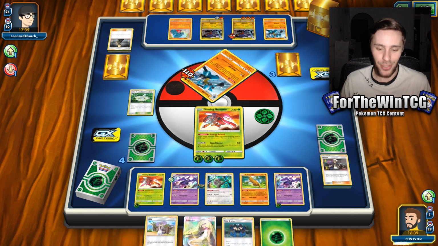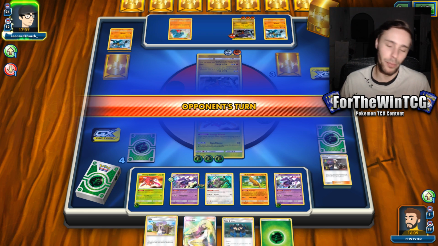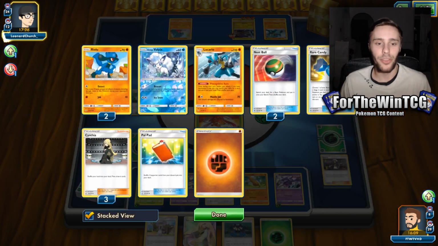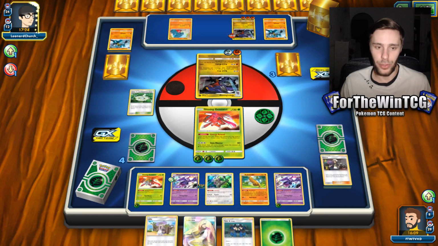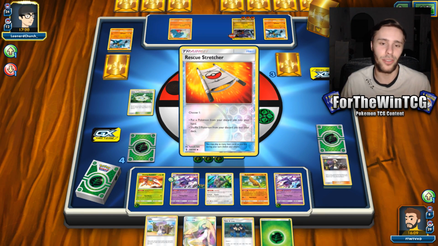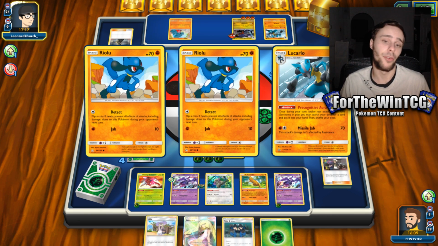Unfortunately not. At least we have the energy, so we have another turn where we can figure it out. Obviously, they're going to do this one because they don't want the other one getting KO'd. That's fair. They are down now. A lot of Ryulus and Lucario, so they rescue stretch. I was just about to say they're going to rescue stretch. That is very true. And they now have to get themselves a way to get another Ryulu in place, so